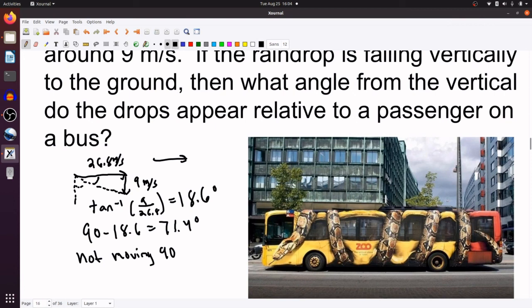So that's what it means when I ask you that. And it's similar to a problem you have on your homework. I just changed up what we're solving for. So,